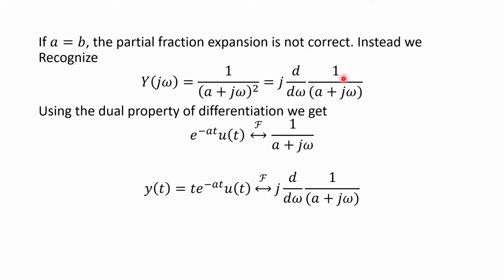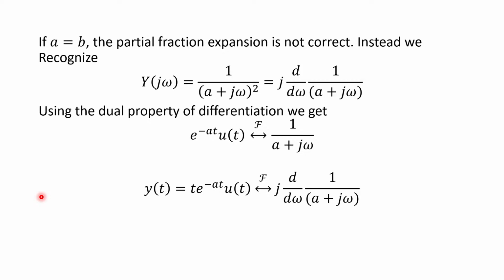So we can get this square here by viewing it as the differentiation with respect to omega of our favorite function, 1 over a plus j omega. And then once again we can use the Fourier transform duality. So we know once again that 1 over (a plus j omega) is the Fourier transform of our exponential e to the minus at times u of t. And then we do a differentiation on this side, and from the property we had before,